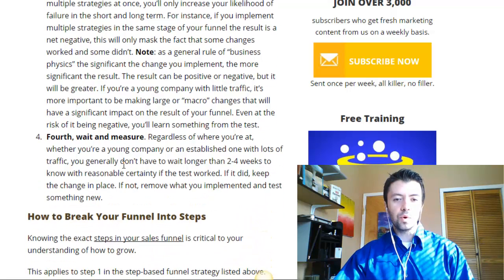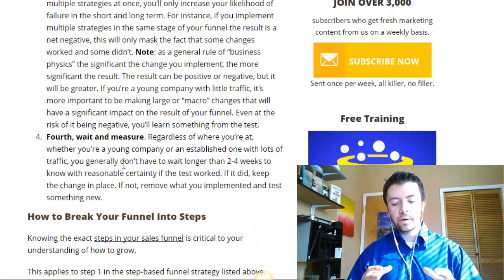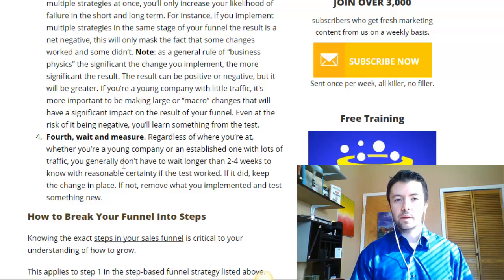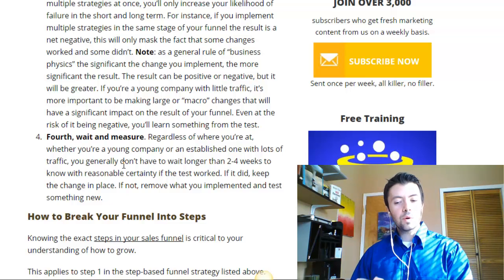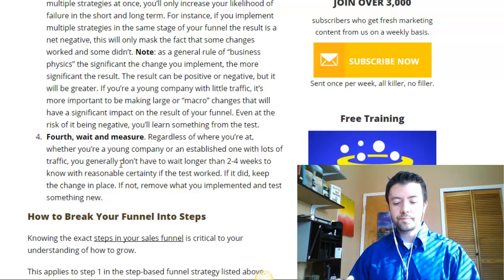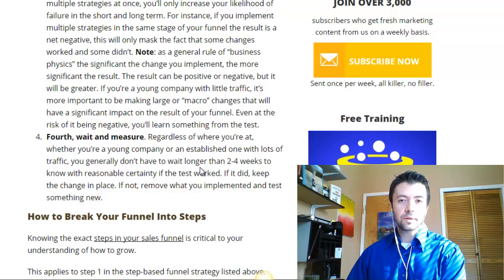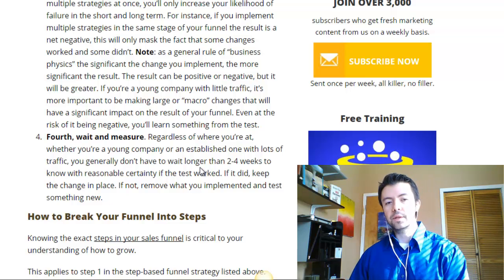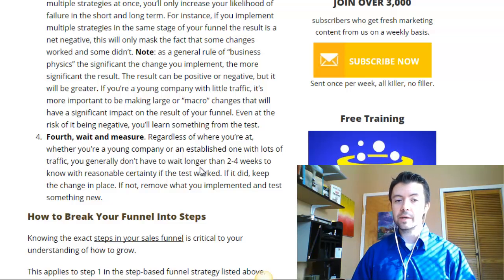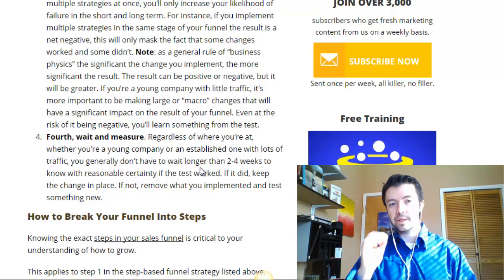And as a general rule, whether your business is a small business or a service business or a startup, or if you're an established company with a rather undeveloped online presence, you want to be focused first on making macro changes, right? So you might brainstorm a lot of different ideas, but the ideas that you actually select to implement one at a time to test